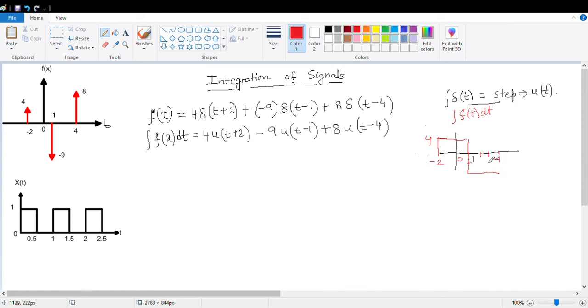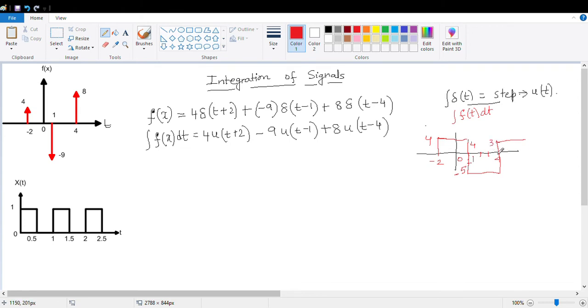Now at 4 it is becoming 8. So 8 means, this value was 4. For minus 9, this value must be minus 5. This is minus 5, so this magnitude is basically 5 in the negative direction. If I want to make it 8, how to go upward? This part will be 5 and I want only 3. 1, 2, 3, so this part will be 3.